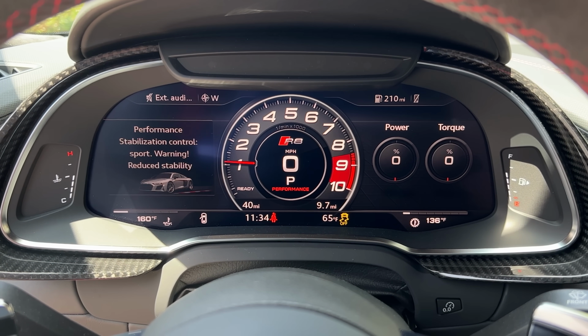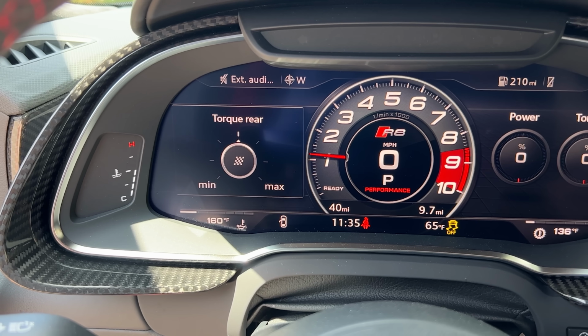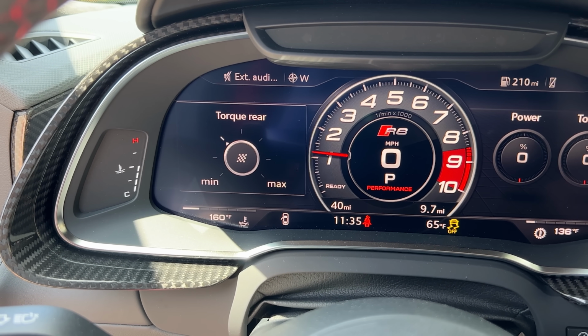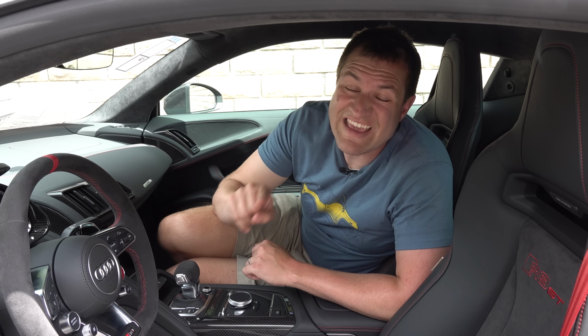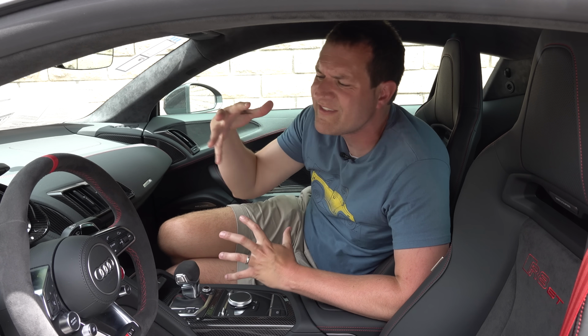What this does is allows for more wheel slip than you get with the standard stability and traction control turned on. You can dial up Torque Rear and you can get the rear end out a little more for drifting, although don't call it a drift mode. Now, the GT is the only R8 model that has that Torque Rear feature, but aside from that and a